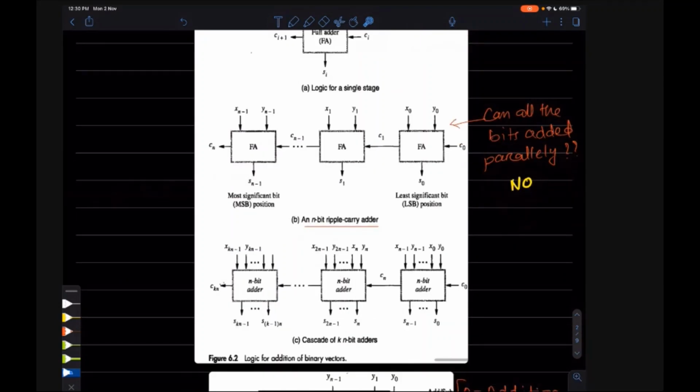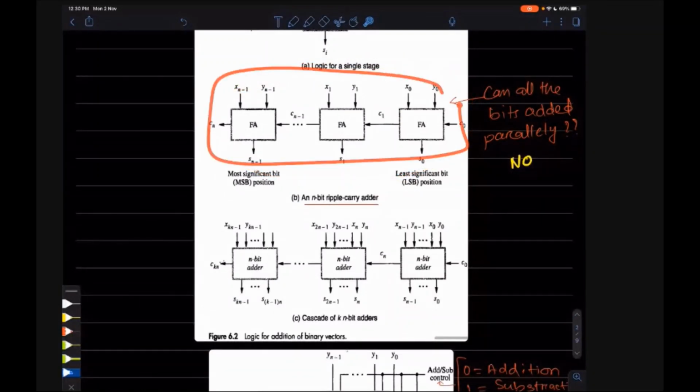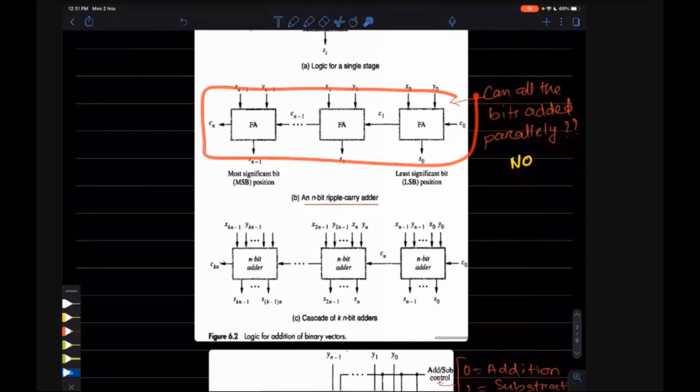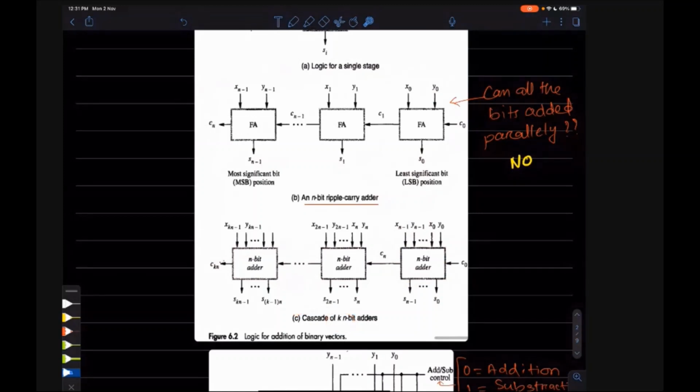Now suppose this can do an 8-bit number, suppose n is 8. Again, if you want to do addition of 32 bits, you keep this whole box as an n-bit adder, suppose an 8-bit adder, then you can arrange it in the same cascading way so that you can get the 32-bit addition.